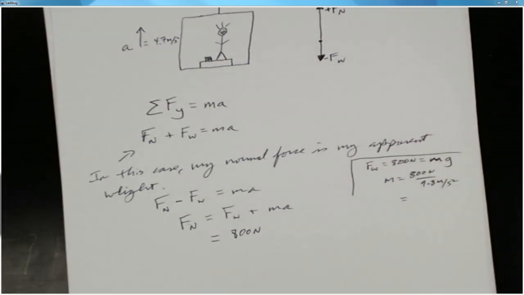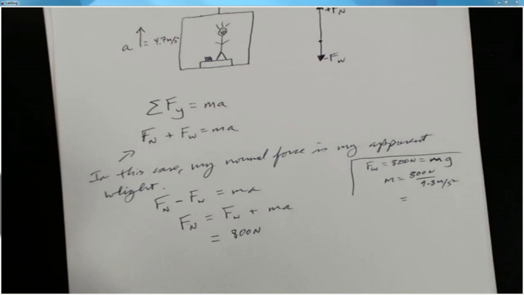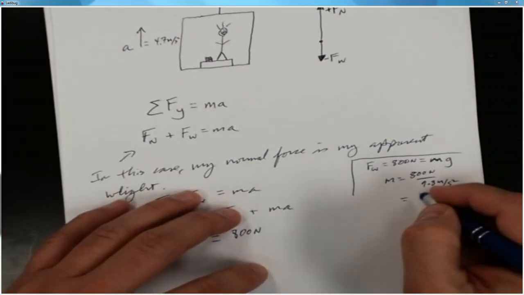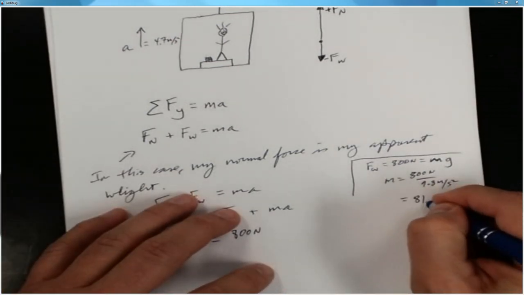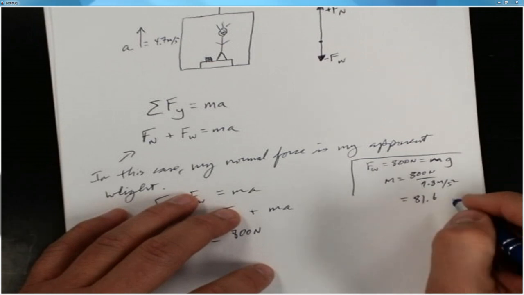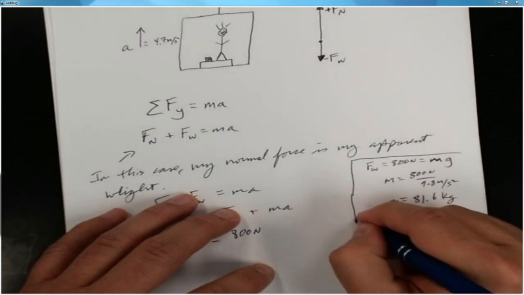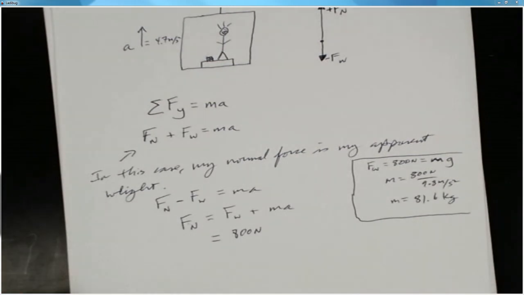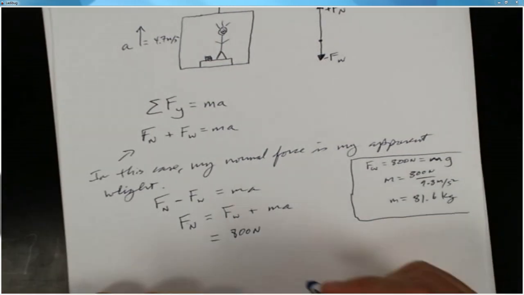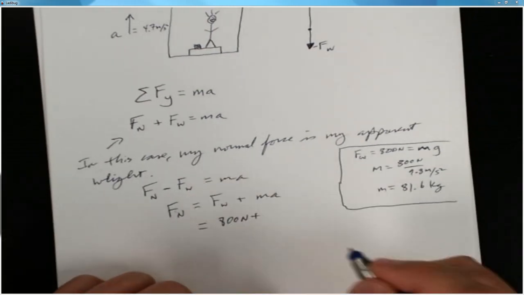Well, I can do that in my head, but I wouldn't be 100% right. It'd be 80 something, but I better do it in the calculator to make sure. So 800 divided by 9.8, yeah, 81.6, because I couldn't have done that in my head. So I knew it was about 80. 81.6 kilograms, so that's the guy's mass. And I need his mass now because in order to do the next part, I need it. So then it would be